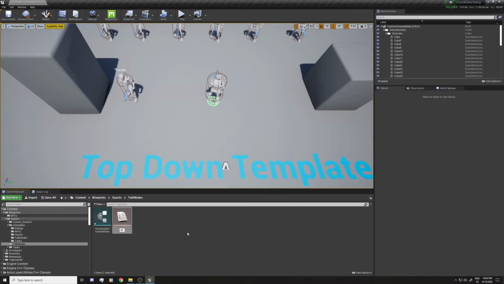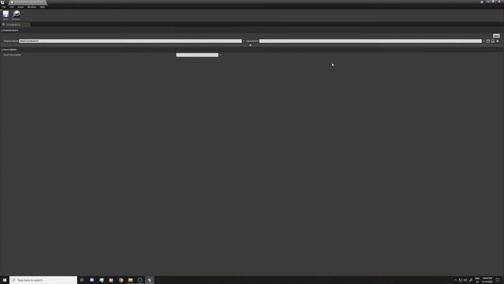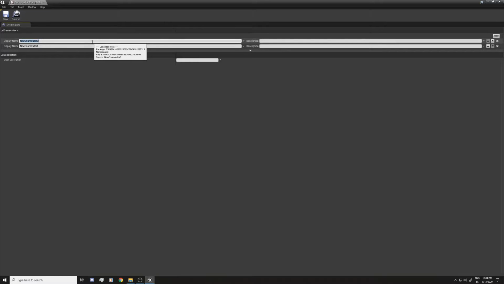I'm going to call this conversation example UI action. For this video, I'm just going to add 2 actions. You could have more. You can do things like open the trade for NPCs, open the travel tab if you want something like that. For this one, I'm going to use just a none for the default one, and this one is going to close talk tab. So that's what we're going to do in this tutorial. We're going to use text to close the tab.